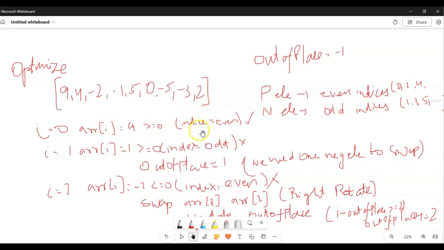So let's dry run this approach and later on we'll move on to the code. Initially we'll check the element at index i equals 0. Since it's a positive element and it is placed at index 0, which is even, we'll continue with our process. Coming to index 1, the value here is 4, which is positive, and since it's placed at an odd